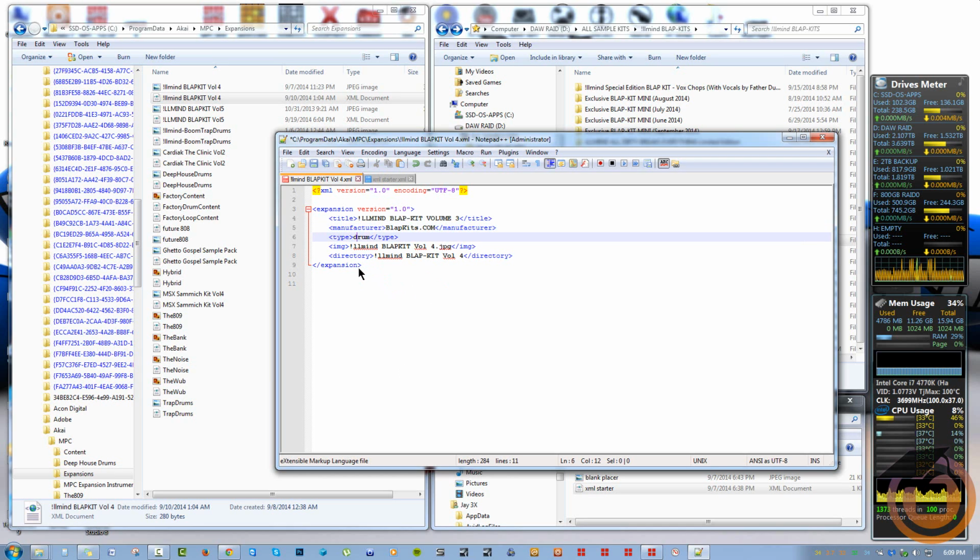The type is drum, keep that the same. The image name we're going to come to in a minute, but what I'll go ahead and do is get rid of this space. I'm going to call this 3 instead of 4, and I'll just end up naming my image this same name so I don't have to come back to this. All right, and then up here I'm actually going to get rid of this